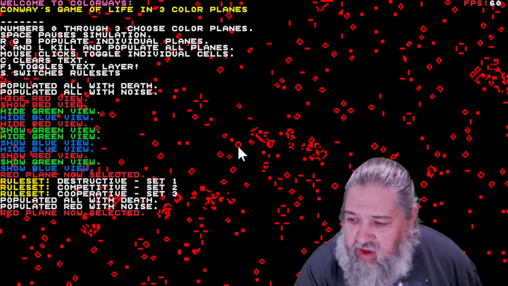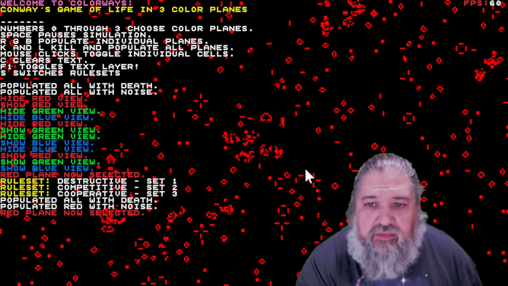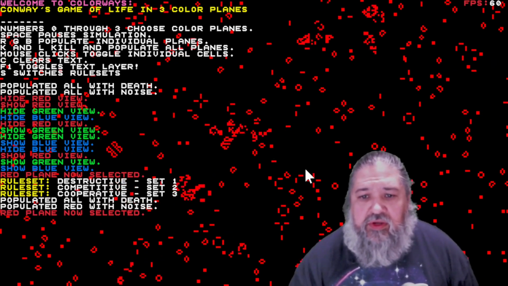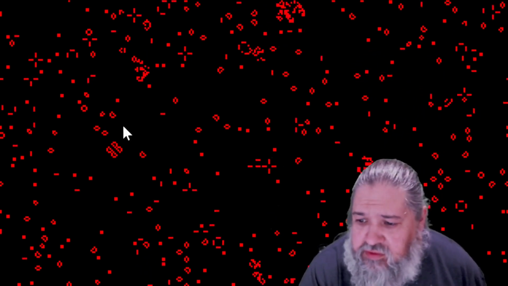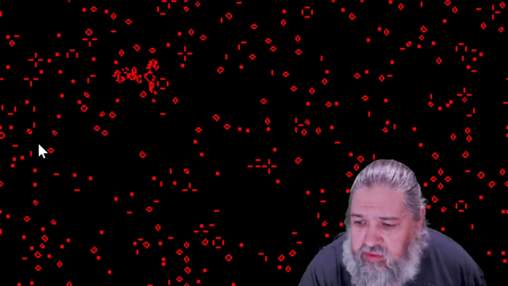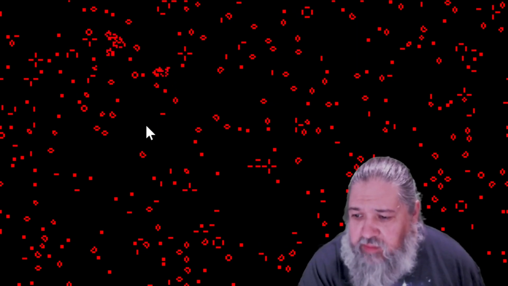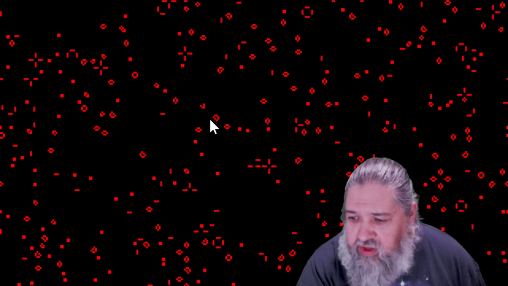So I can select the red plane and I can interfere with it. And if I watch long enough, eventually it will reach stalemate. It will get to the point where the cells will no longer influence themselves, and they will just reach this static state, and nothing will change unless I force it to. So as you can see, we're reaching that point right now. Now it might continue for a little bit longer because they can spread out and hit new regions,